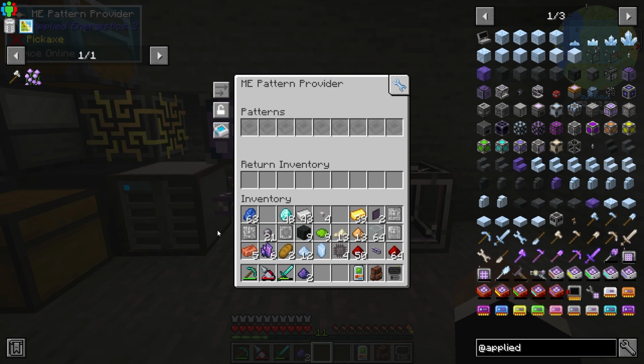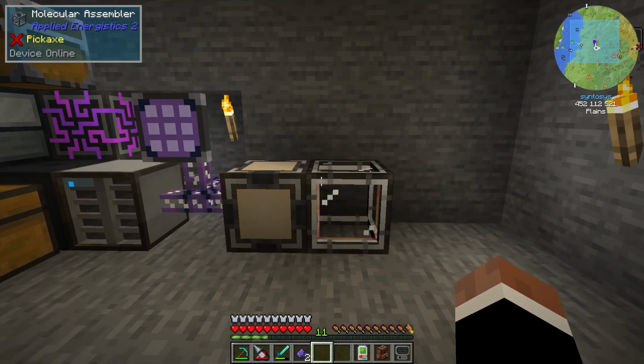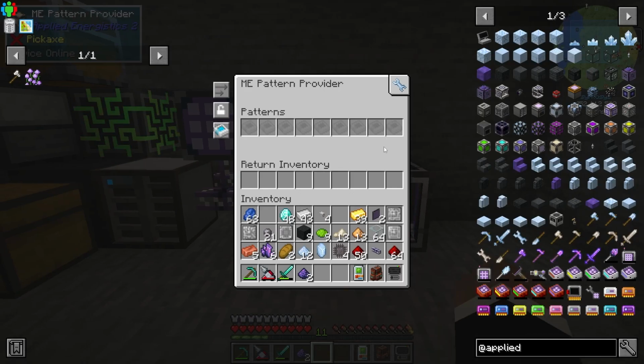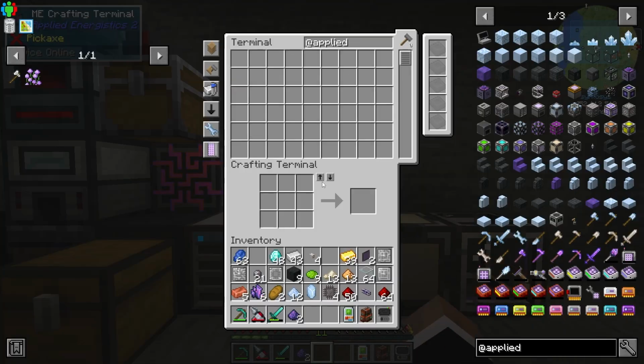But right now, this can hold pattern to provide. And then this basically crafts. Yeah? Now, you can put a pattern in there and it will only craft that one. But we're going to provide it with that information from the provider. Okay? What else do we need? See, we need to be able to make patterns. And we need to be able to have